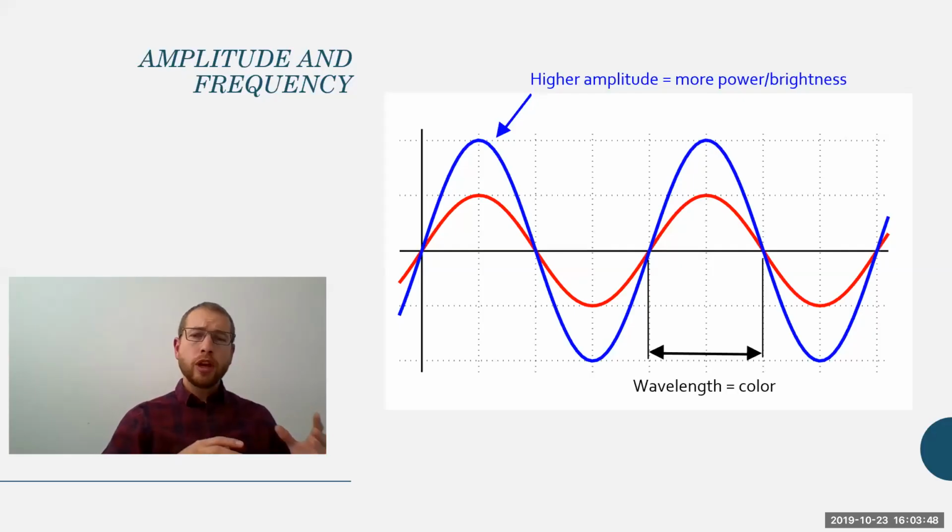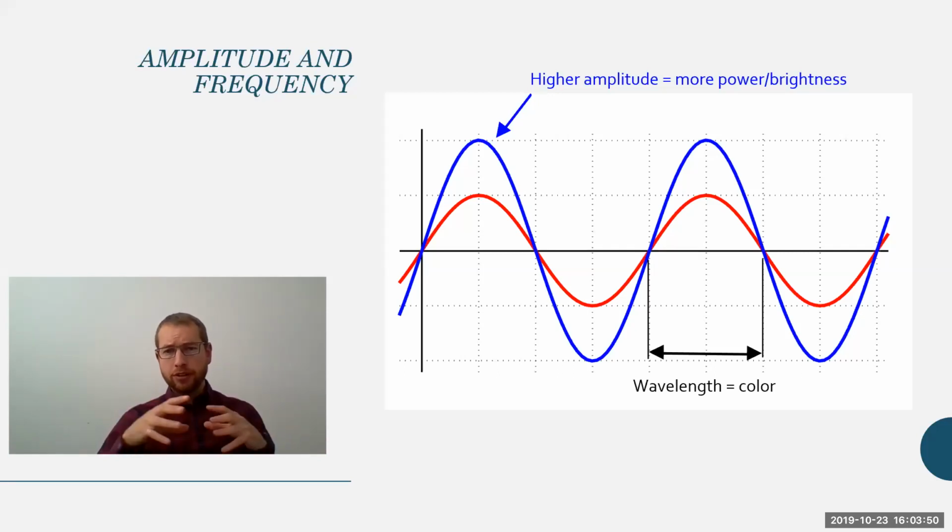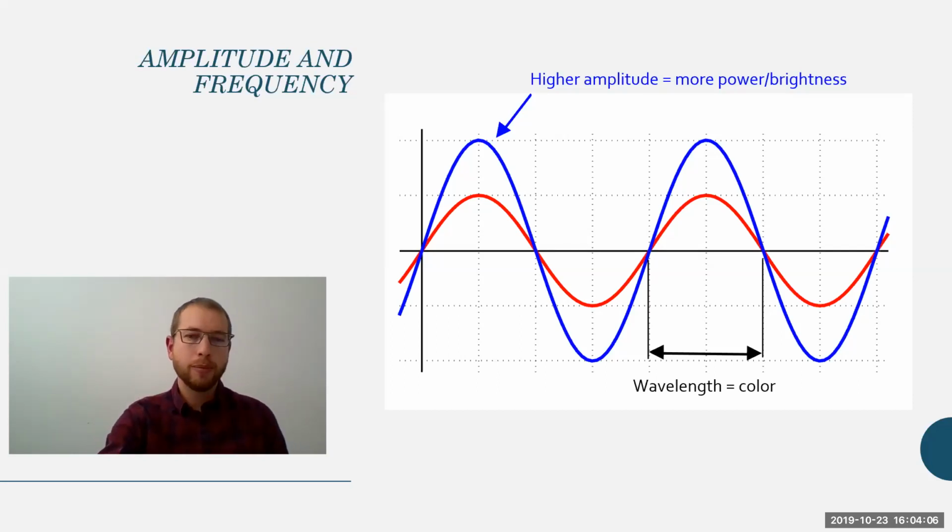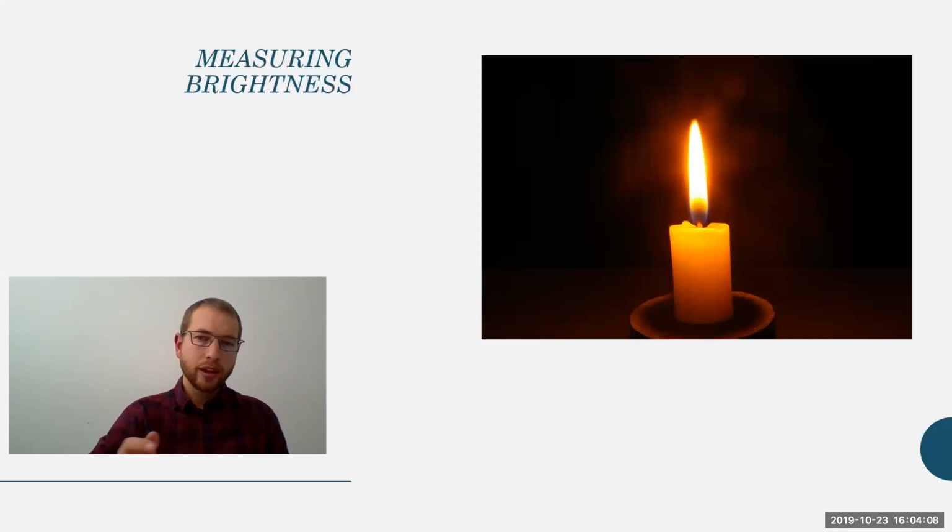So in the last section, we went over wavelengths, right? Light is an electromagnetic wave, and the wavelength affects the color, sometimes referred to as the temperature of the light. This time I'm going to be concentrating on the amplitude, or the amount of power or brightness that can be emitted by artificial light. So back in the days before we had light bulbs and Edison and all of that,